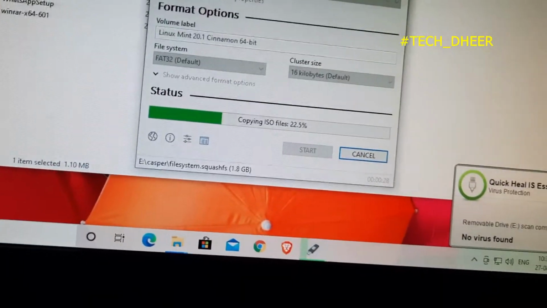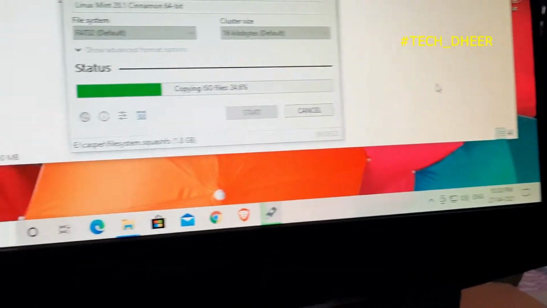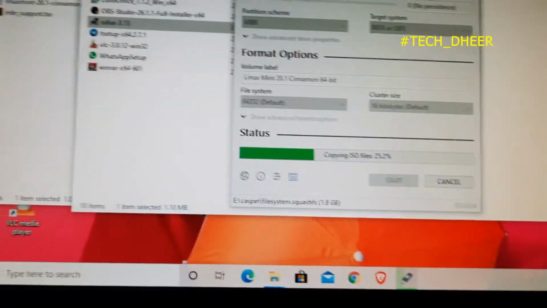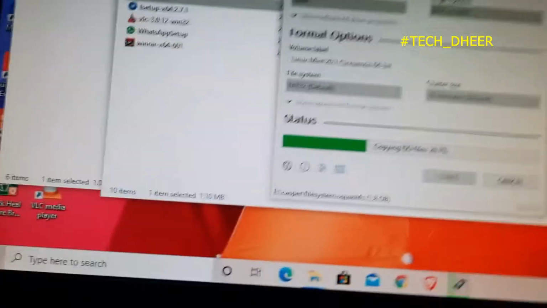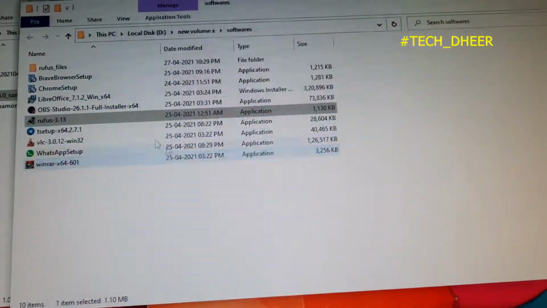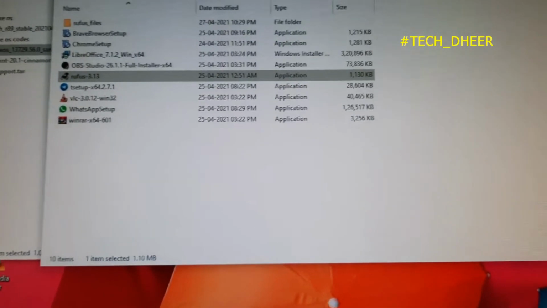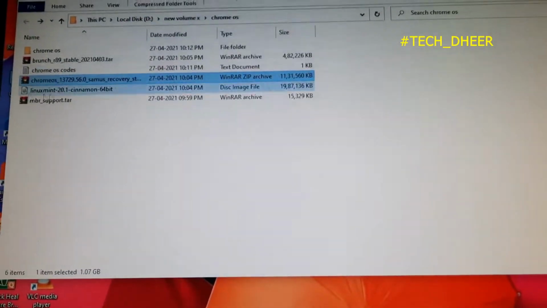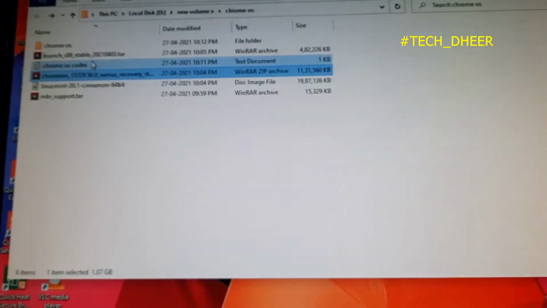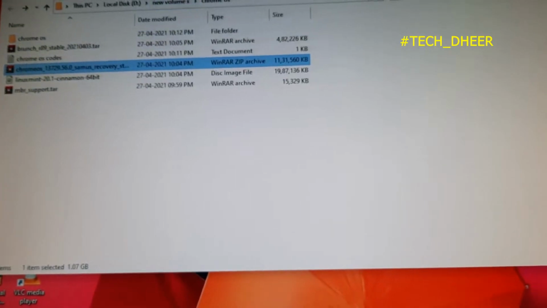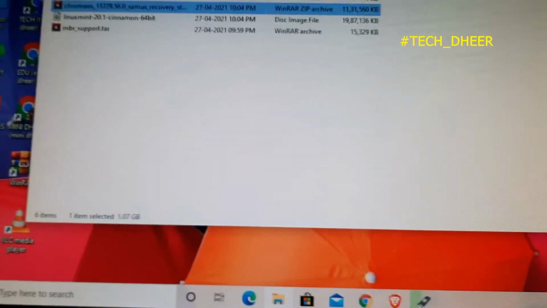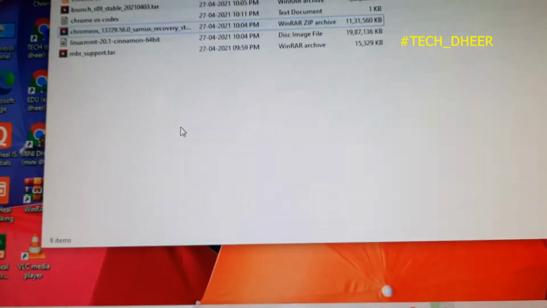So for those operating systems, I have used the same drive, and the same drive is being used for storing data. So you can see the drive is not being wasted, and I recommend SanDisk because other USB drives I have not tried out. Mine is a 32 GB drive. So after the Linux Mint is done, we have some more things to do.